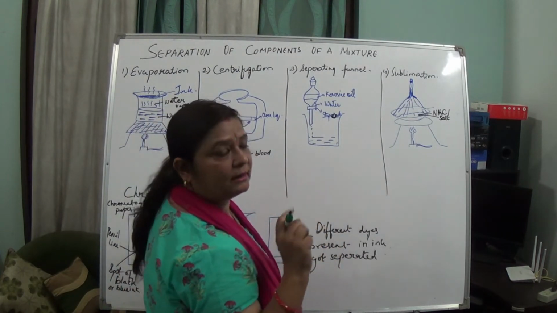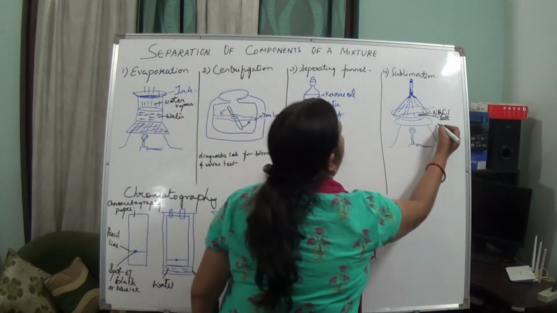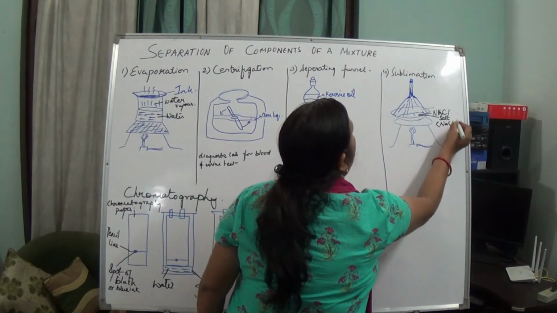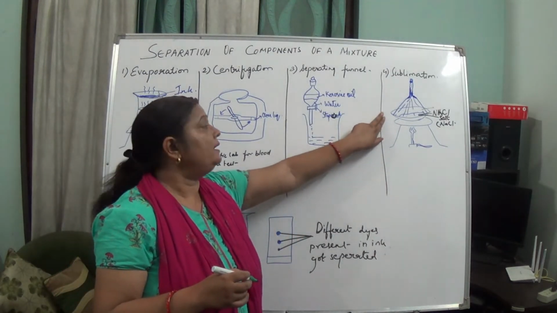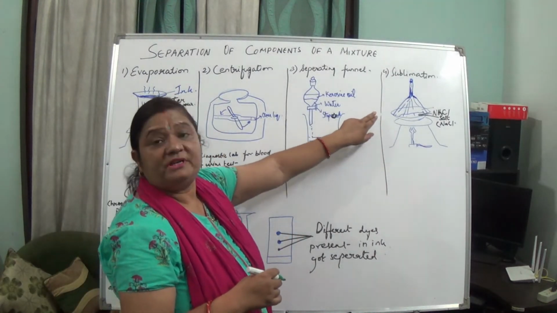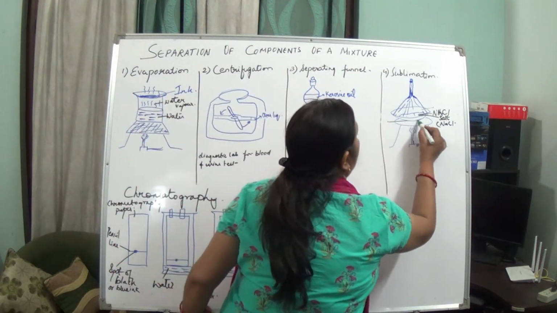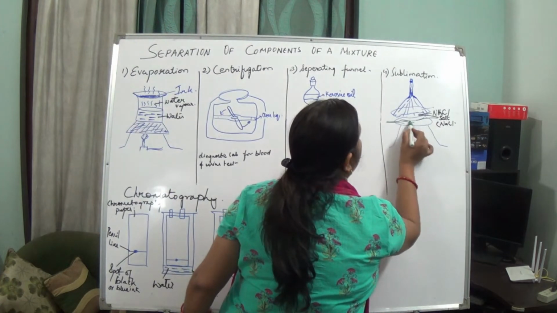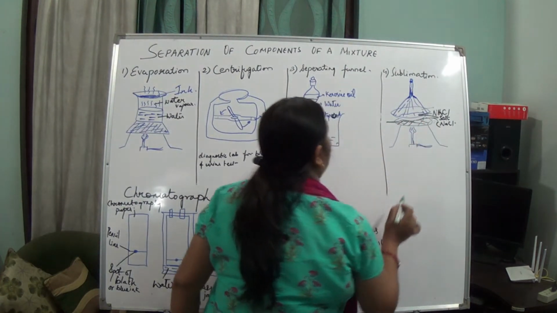Ammonium chloride can sublime very fast. So we are taking salt, suppose it can be NaCl, okay. Now you heat it, we are heating it, okay. We have kept it on the tripod stand, okay. Here also we will be keeping wire gauze over here, okay. Wire gauze is required for even heating, okay.